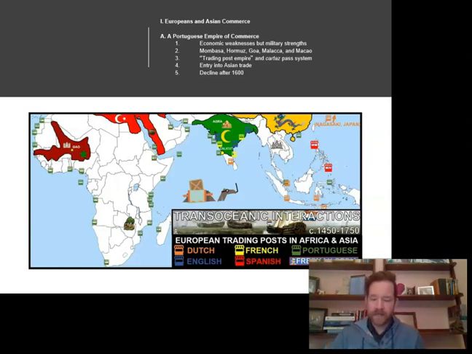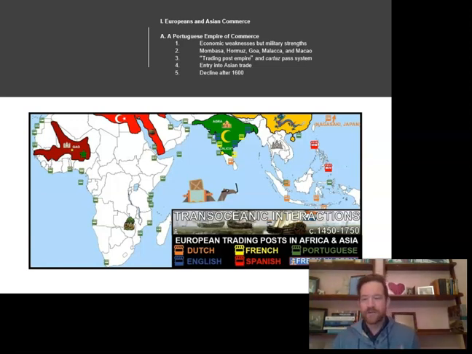When the Portuguese made it into the Indian Ocean and entered the Indian ports, they soon discovered that their goods were not in demand and they did not have the cash to buy the Asian items they desired. The Asian ports and the Asian economy as a whole were also much wealthier than the Portuguese or other European economies. You've got to keep in mind that Asia's kind of got it going on right now economically. However, they also realized that Indian Ocean trade was generally unarmed, and the Portuguese are like, okay, I got this.